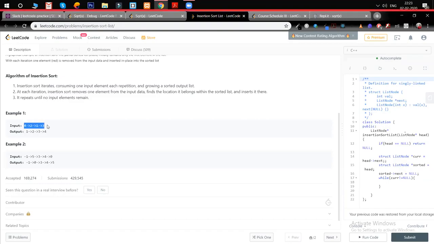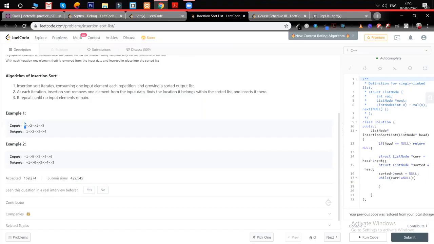If you're provided with a linked list, I can use two pointers for this. One is the current pointer and one pointer is for the sorted part. In this case, I can start my current and my sorted pointer from the first node.